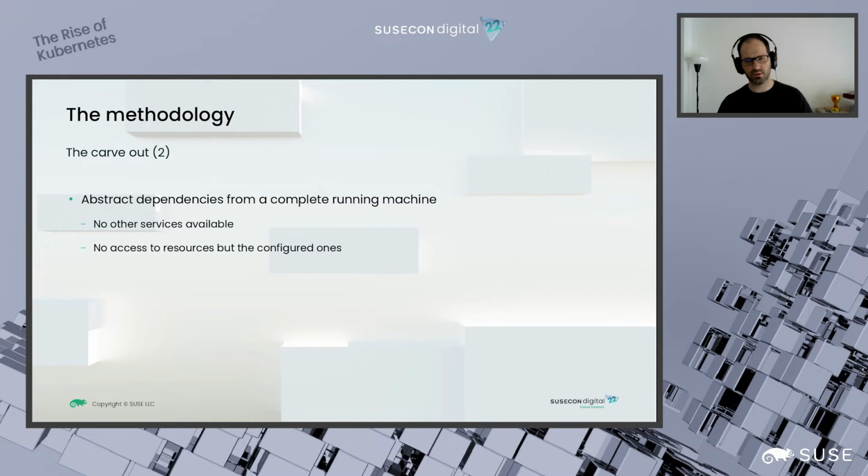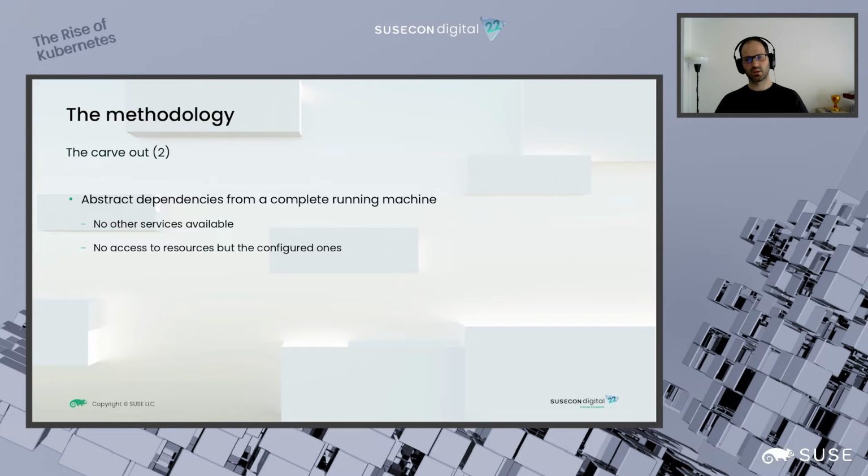to change the mindset while developing a piece of software, because normally we are used to thinking you have this service or these services and you put them on a complete running machine, and what is available in a running machine is available for your service, and that means you can use it for free. In the containers world, this is exactly the opposite, and this was the part of changing the mindset, because you need just to understand